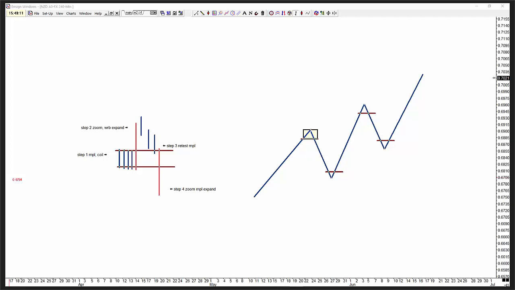Step one, coil. Step two, zoom. Step three, retest. Step four, expand. And somewhere over here, we'll have controlling buyers and sellers. And step five is